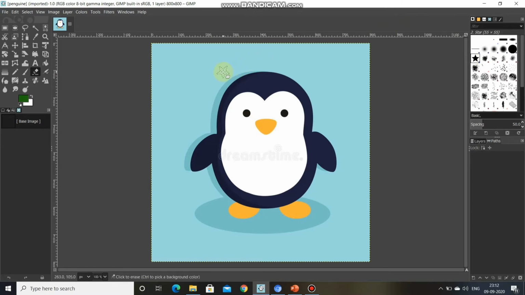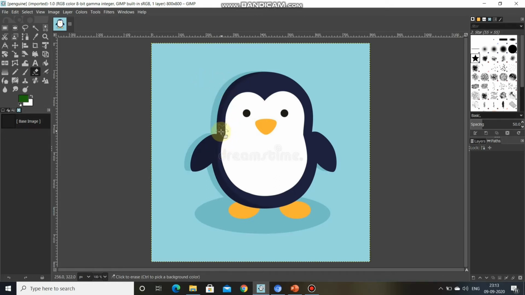Once I place the mouse pointer over here, can you see, instead of the cursor of the mouse, you can see the star, and with it the eraser. Now click and hold the left mouse button and drag it over the image.